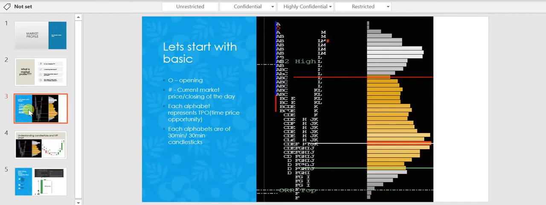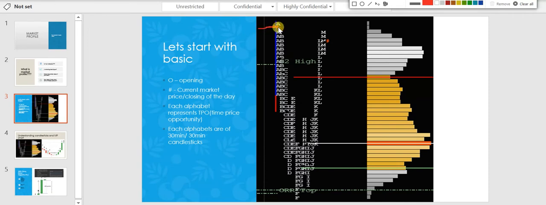Okay. So in the candlesticks, we have open, high, low, and close. But here you won't be able to know what the close is. We can understand the open, but the close and the wicks we won't be able to see. If you see the O, this O indicates the opening. So basically the market opened at this particular time frame, and it moved till here upside and came back.